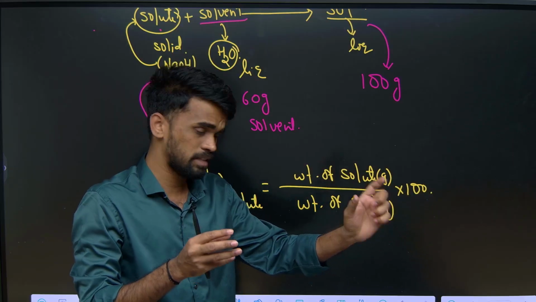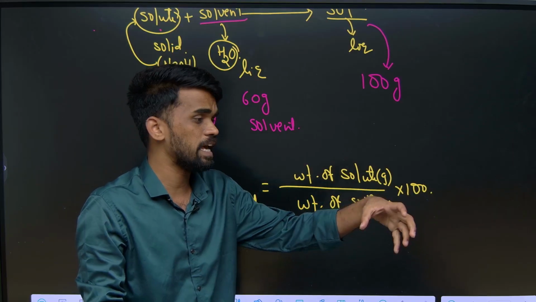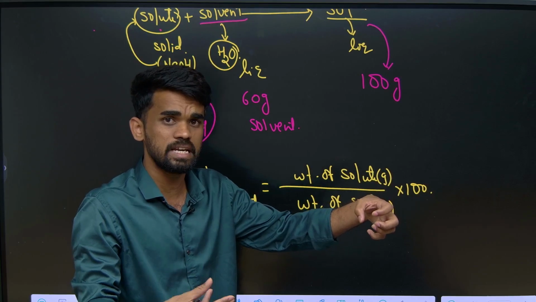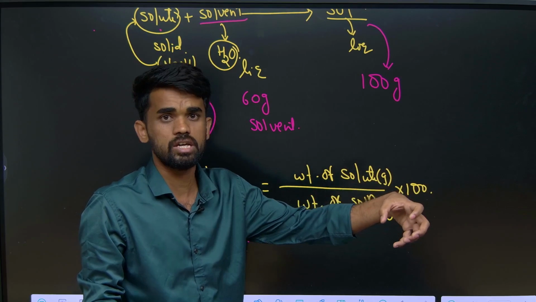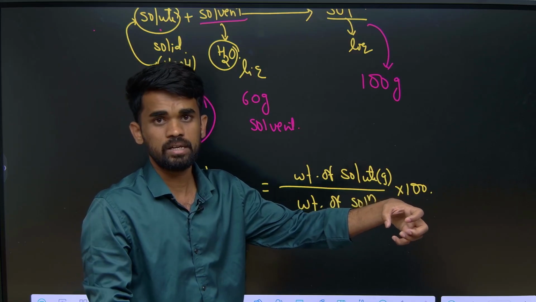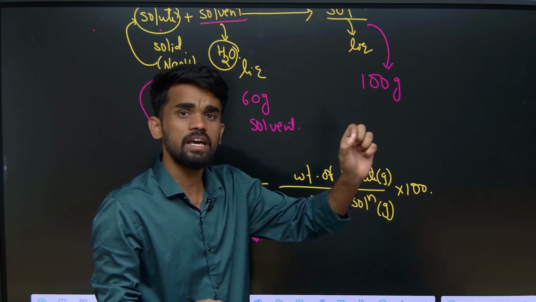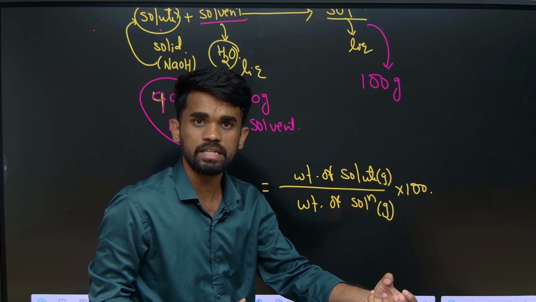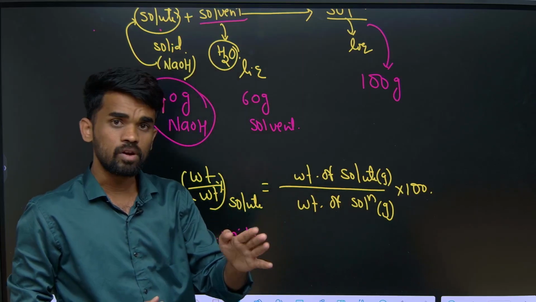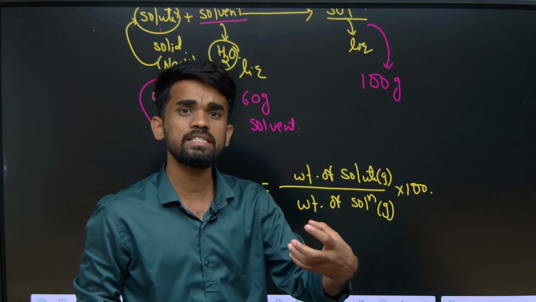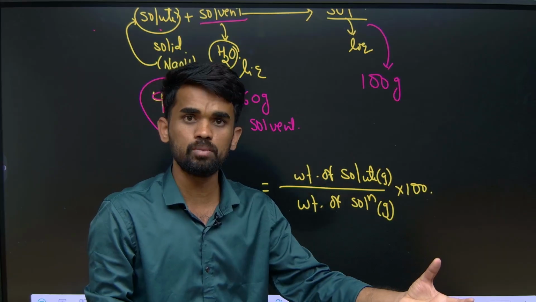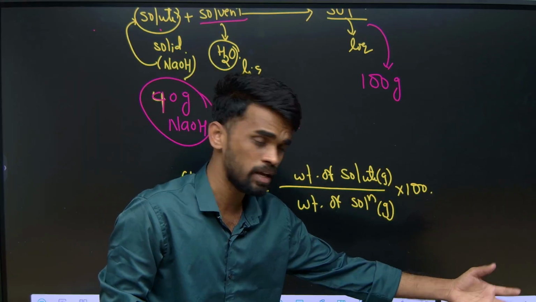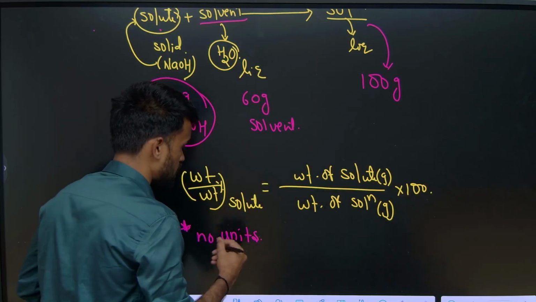Say, for this, if I change the temperature, is there any effect on this particular concentration? There is no effect. Why? Because temperature cannot affect the weight, whatever weight quantities we are talking about. But when we are taking volumes, we may see some effect of temperature on that volume concentration. Further on, we will get to know what that effect of temperature is.